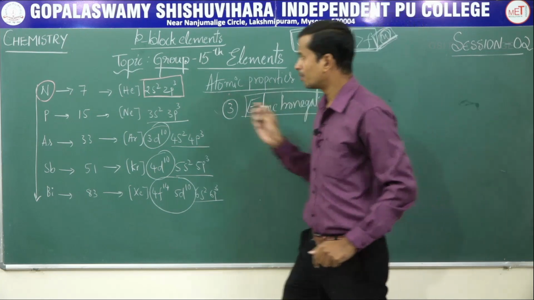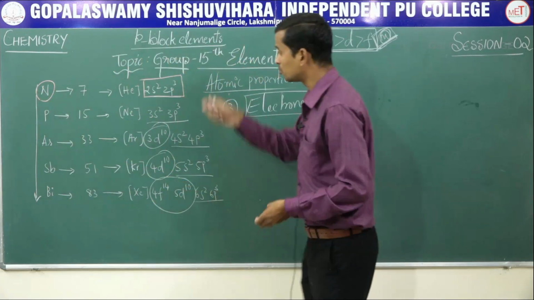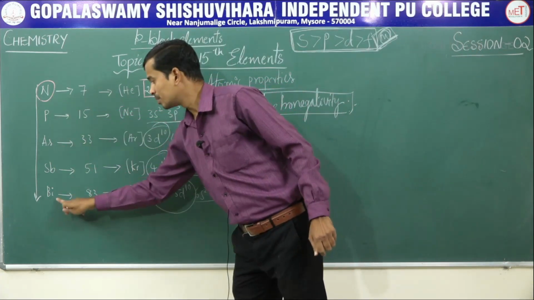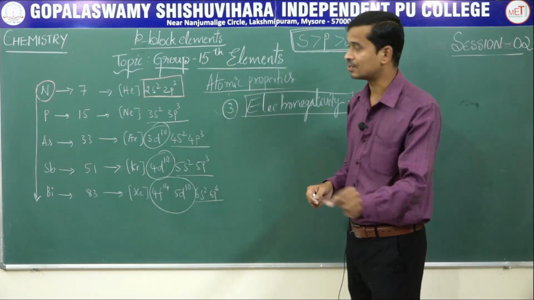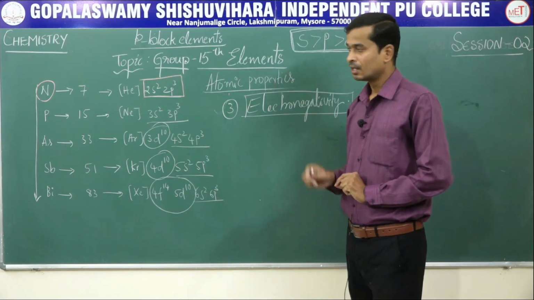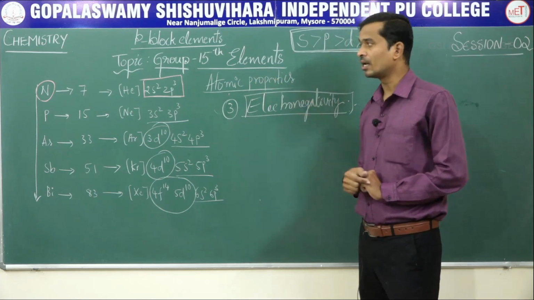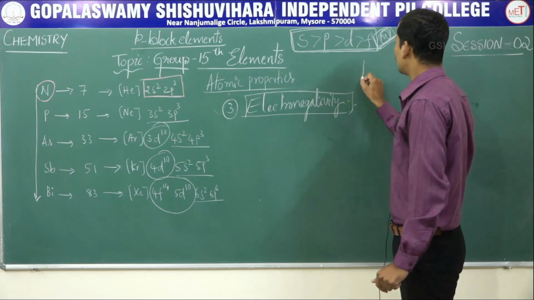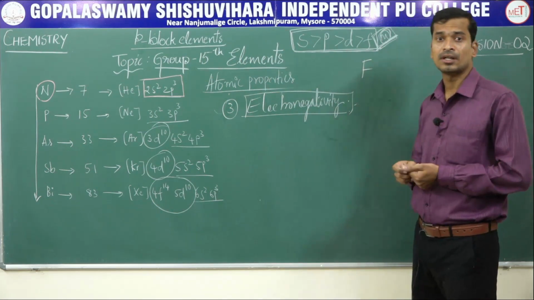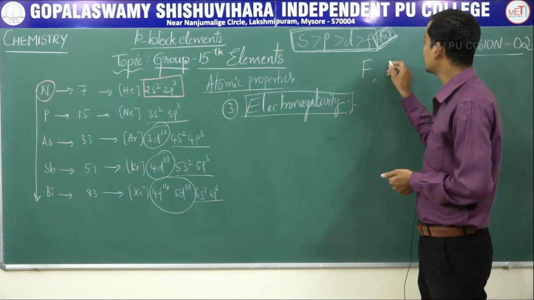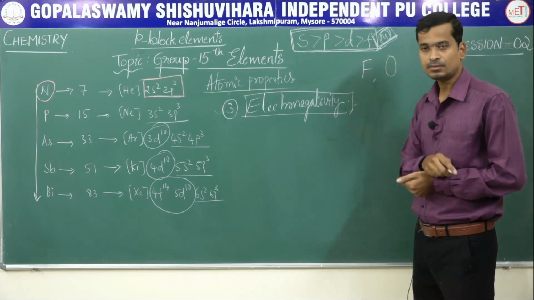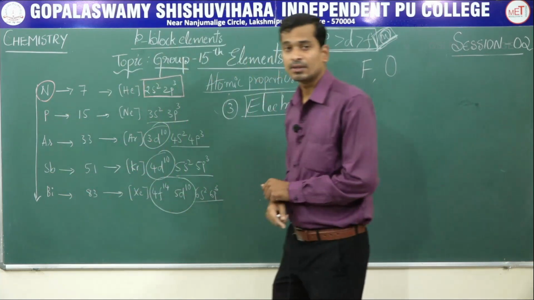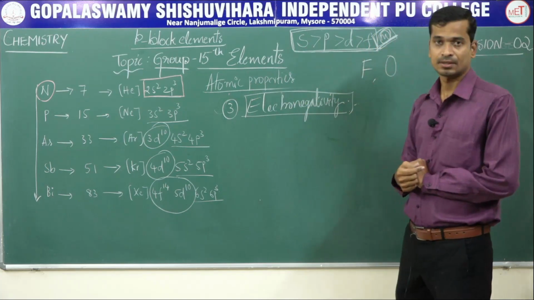These are the reasons for the variation of electronegativity along the period and down the group. Next, move on to group 15 elements. How does electronegativity vary? From nitrogen to bismuth, electronegativity decreases, no doubt. Nitrogen has the highest electronegativity in group 15. In the periodic table, fluorine is the most electronegative element and the second highest is oxygen. In group 15, nitrogen is the most electronegative element.